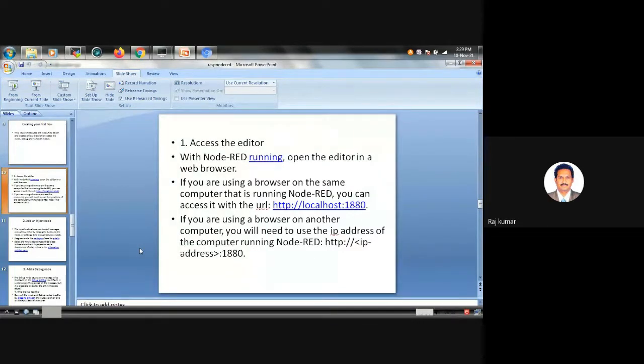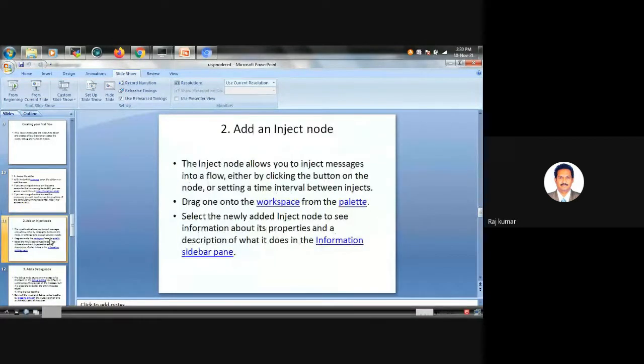In the Node-RED editor, on the palette, you can see so many different kinds of nodes. They are grouped according to their functionalities. In the morning session also sir told, but I will also show you.